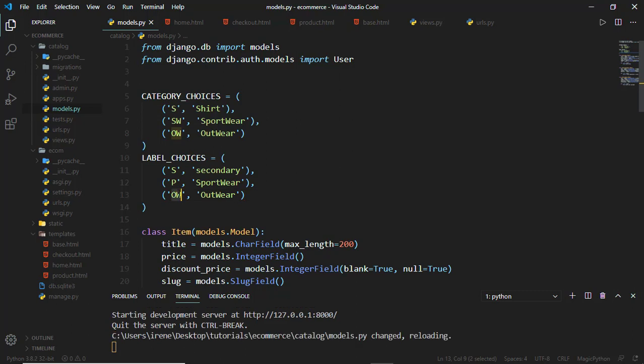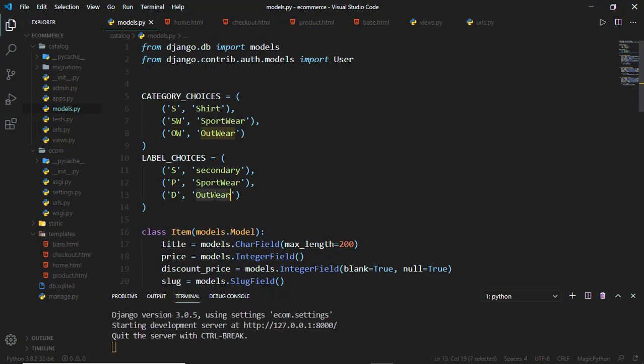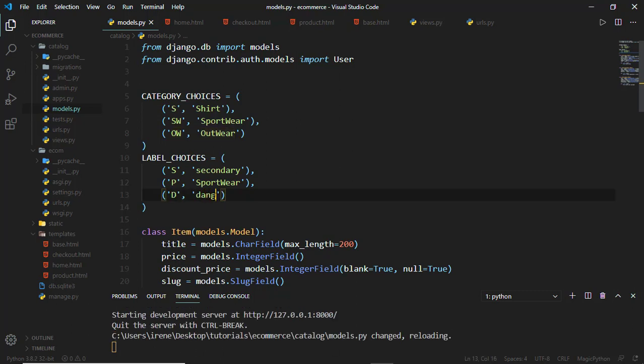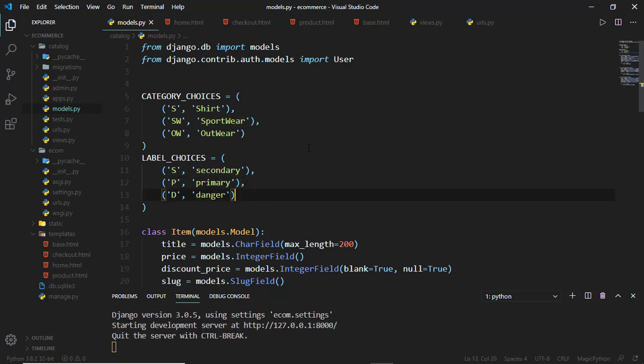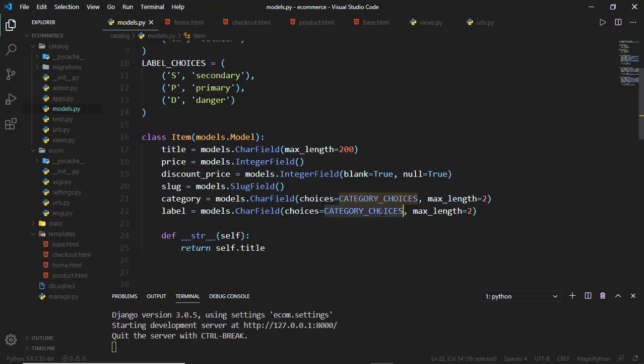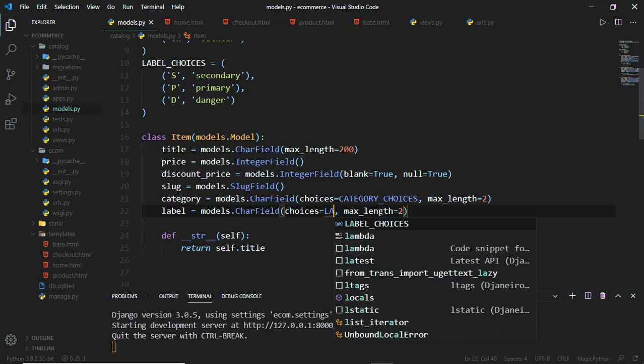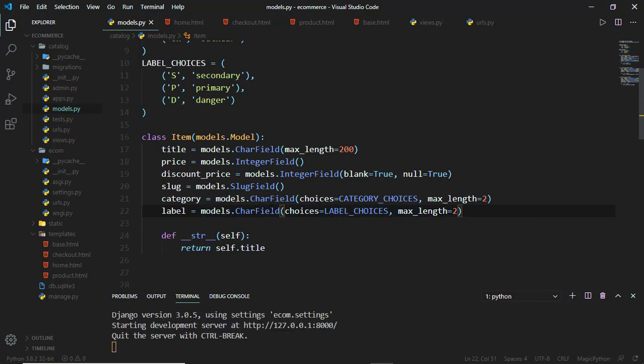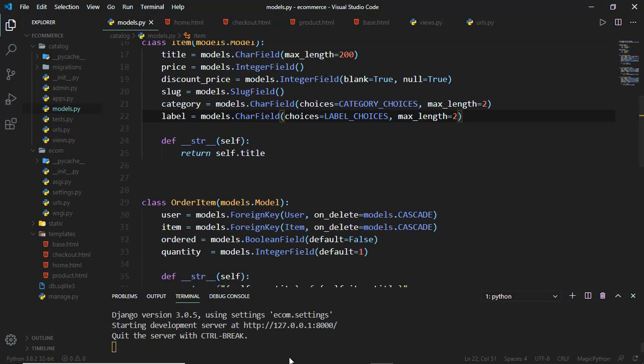Then you have P for primary, and we can have danger there, then primary there. So we have that, and the label choices are going to be the label choices there,